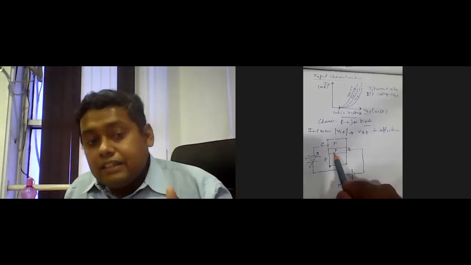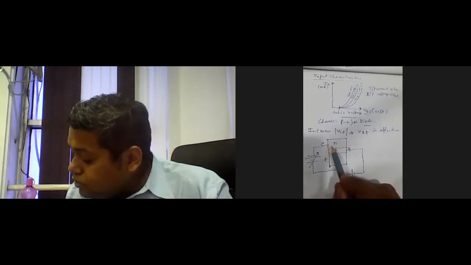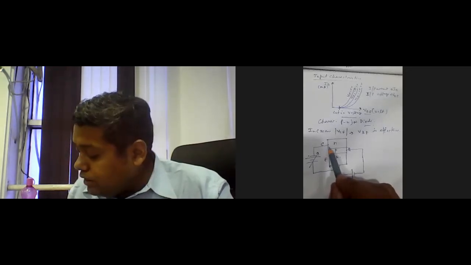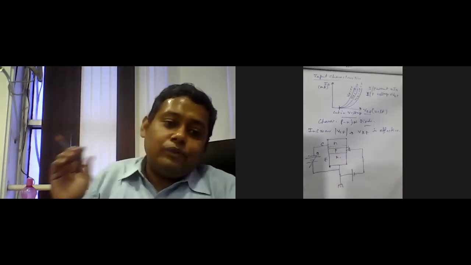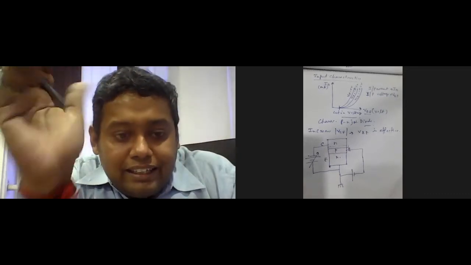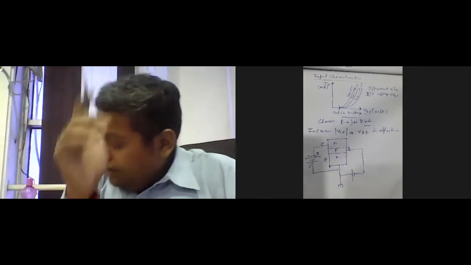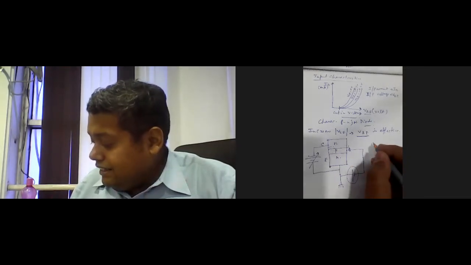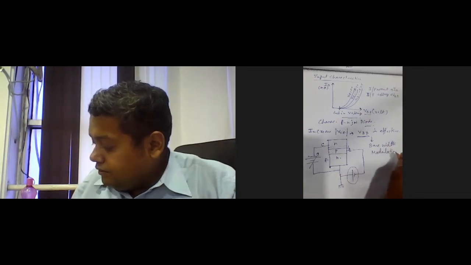More carriers are now projected in the collector region, and the base width is changed, because when more carriers are projected, the base width is changed due to the forward biasing of VBE, that is base to emitter. So base width modulation is implemented